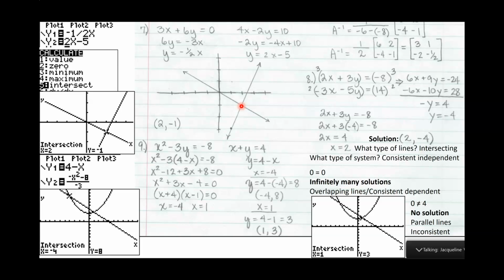Now, I also asked you, what type of lines are these? Remember that solution equals intersection. So if you get one solution, how many intersections do you have? One. So that would be intersecting lines, right? And then they also ask us what type of system, because we had consistent dependent, consistent independent, and inconsistent. All right? So if they have a solution, it's consistent. If there's only one solution, it's completely independent of everything else. So it's consistent, independent. Now, just in case your version of the test didn't give an answer like this, maybe